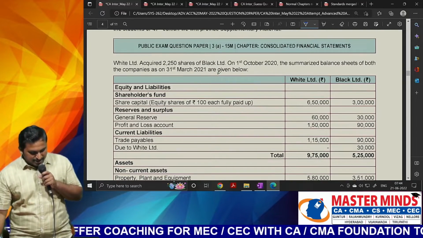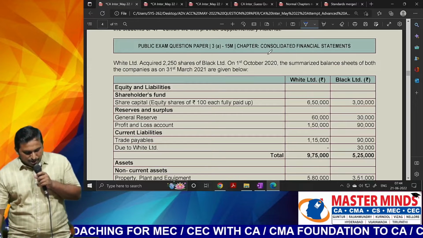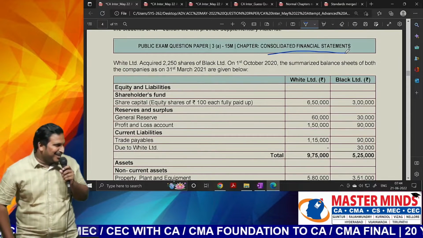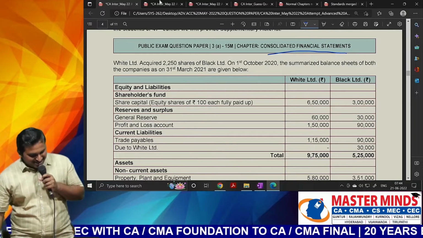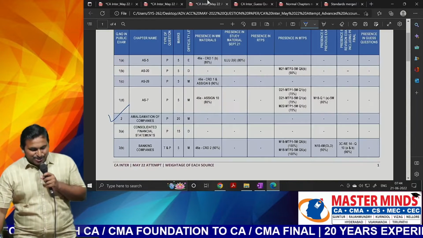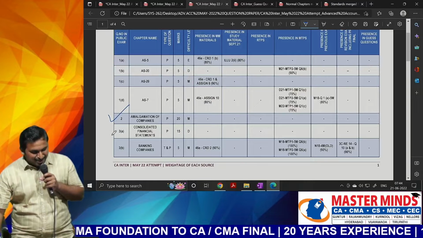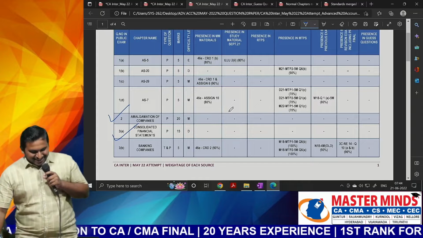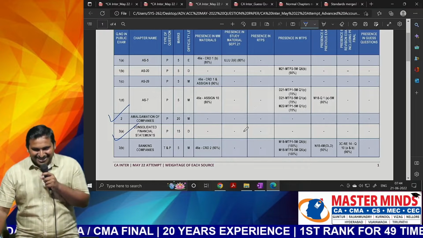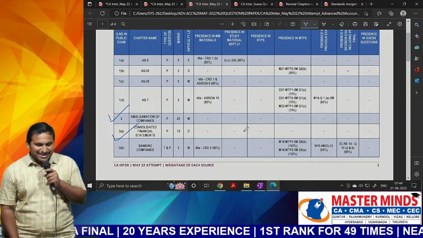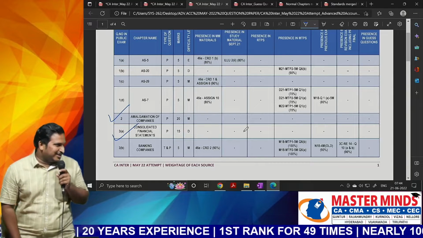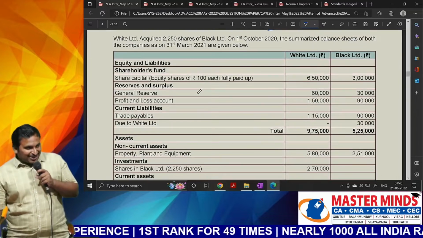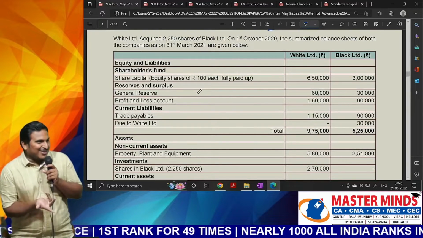So let me move to question number 3A. Two questions are given. So it is based on which chapter? Consolidated financial statements. Of course, that consolidation. Okay, right. So let me show you the source from where it is asked, then we'll proceed. Look at question number 3A, from where it is asked, sir. Not in study material, RTPs, MTPs, revision material, guess questions, nowhere, sir. Okay, let me show you the question. When you look at the question, you will understand what kind of question this is.